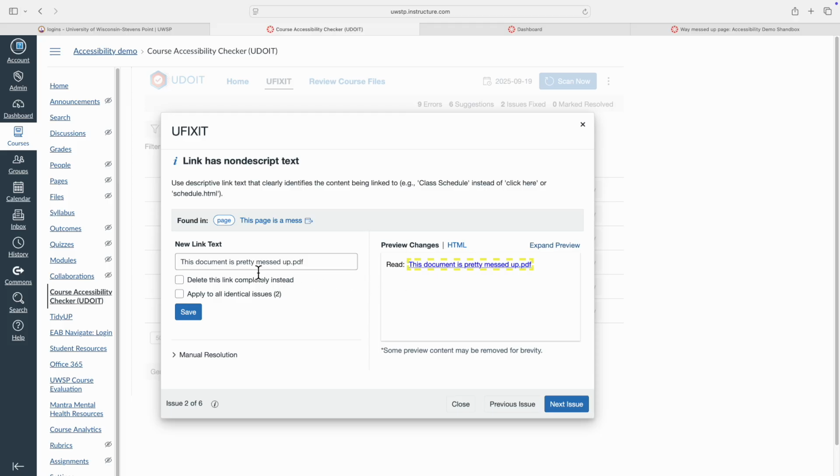Any file you link to will use the name of the file as the default link text. But as we all know, the names we choose for files, although they make perfect sense to us, may not be adequately descriptive for students. So begin by removing the file extension, since this isn't relevant information to convey. Then make sure that the text of the link, which is likely the file title, indicates what is in the file in a way that somebody could understand it if the computer read it aloud to them with no other